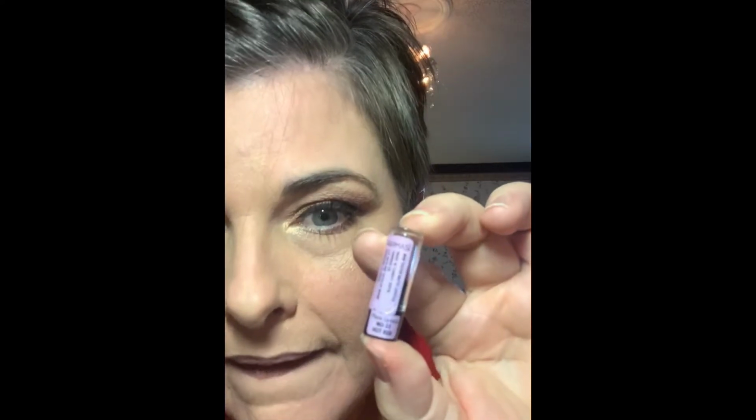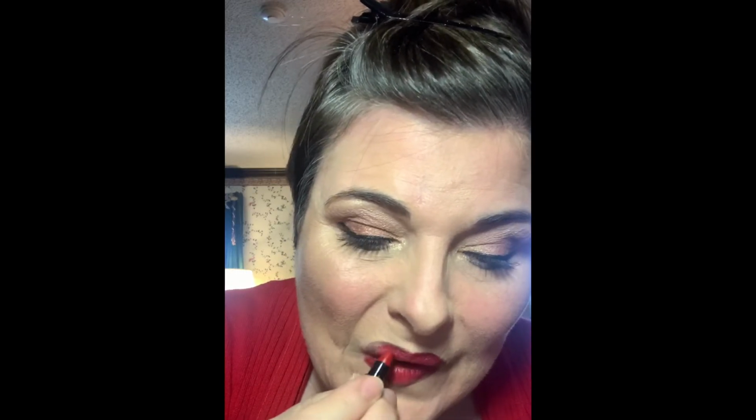I had so many options in this little sampler pack, and I've loved every single one of them, and I really wanna get full sizes in all the ones that I've tried. All right, so Hot Red seems kind of appropriate for a hot afternoon lunch date with my spouse. This red was beautiful, and especially I feel like with that 227 lip liner as an outline, it looked really